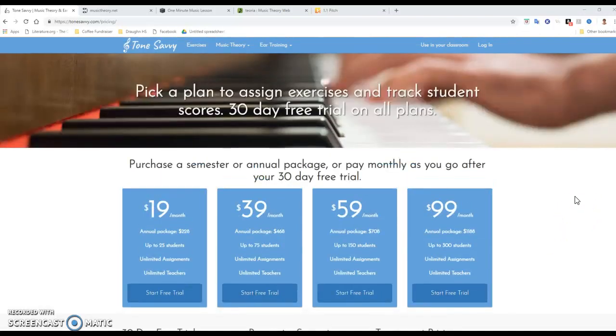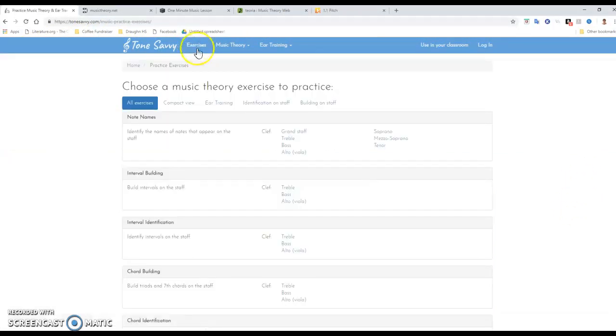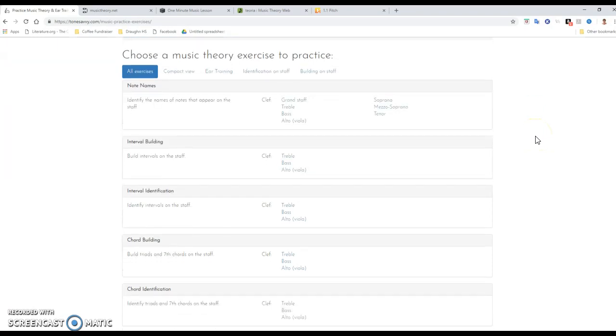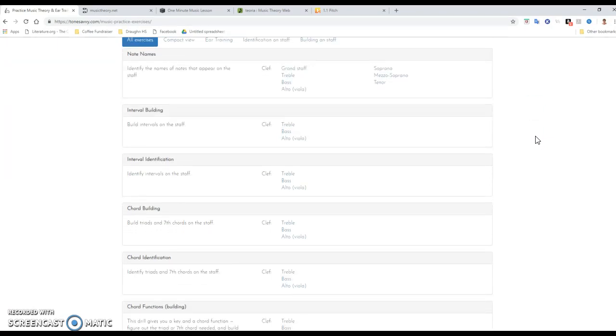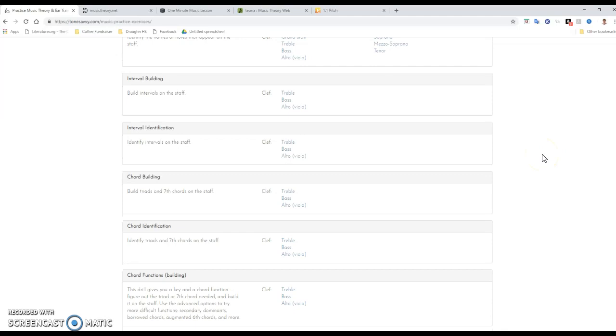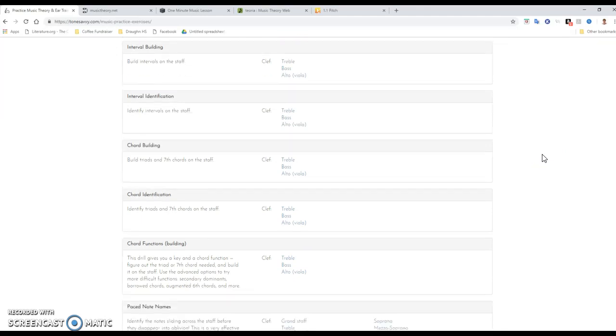But let me walk you through what goes on here. The exercises, as you can see, cover note names, interval building, interval identification. I used those lots of times for my students. So they can not only identify them, but they also had to be able to create them on the staff. You can teach them chord building. Of course, that's a little bit more advanced, but you can do everything from simple chords to very intricate chords, chord identification,